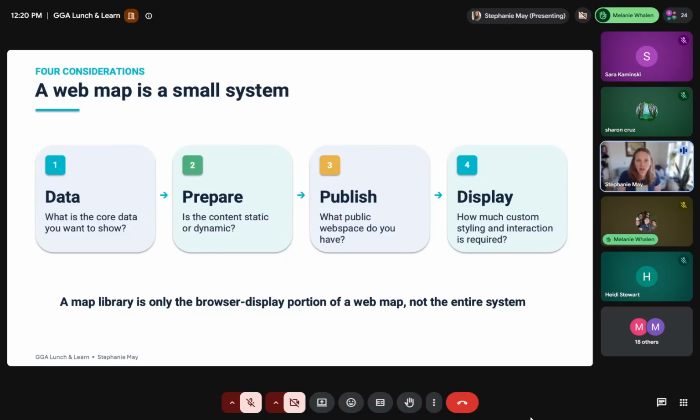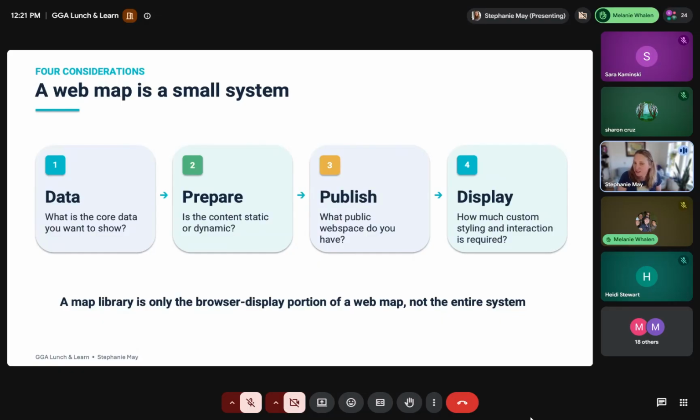Okay, so the next thing I'll say about this: if you're taking on a custom web mapping project with one of these open source libraries, you within your job are going to have to view yourself as sort of a small publishing house, right? It's not going to be as straightforward. It's never going to be as straightforward as if you're just working from a desktop GIS and then pushing and it's there. You have to think through, okay, what's the core data that I want to show?